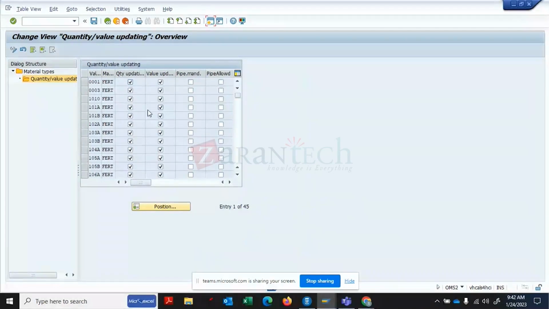It's a plant, right? Valuation area can be company code, it can be plant, but mainly it is plant. So valuation area is defined as plant. In each valuation area, depending on the material type, for let us say finished goods, for all valuation areas, we can see that both quantity and value updation happens. If we go to another material type,